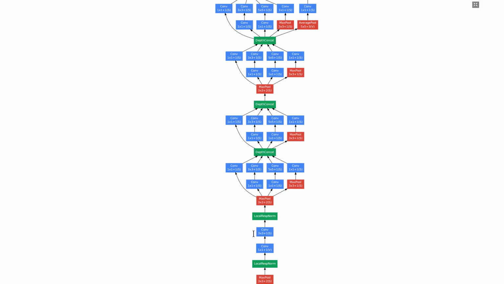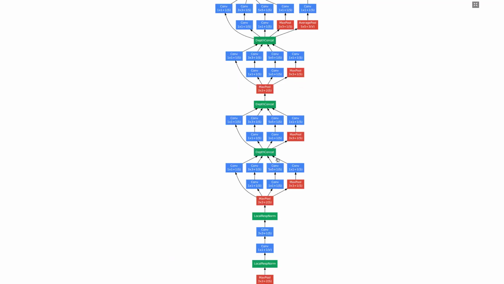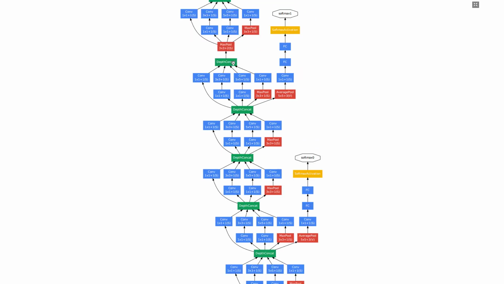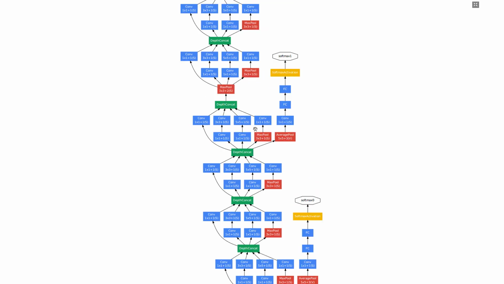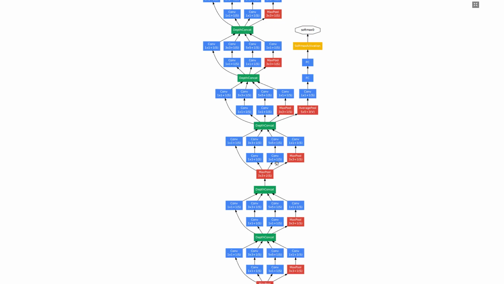Now coming back to this, we have this initial, that's the input. We have the conv layer, which is 7 by 7, max pool, local response norm, conv layer, local response norm, max pool, and then right here we have this first inception block. So this is our first inception block, second inception block, third, fourth, fifth, sixth, seventh, eighth, ninth. So we see that we're able to stack these different inception blocks while ensuring that our model isn't overfitting and that we aren't using our computational resources